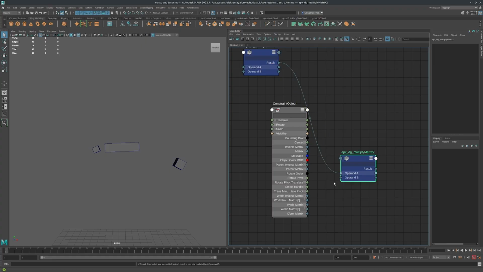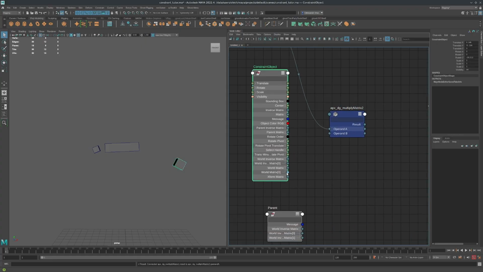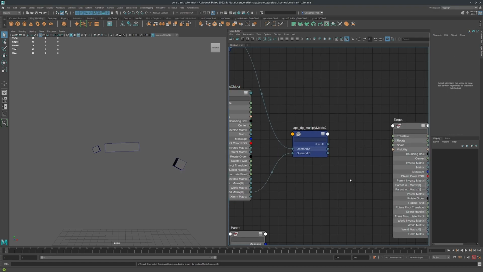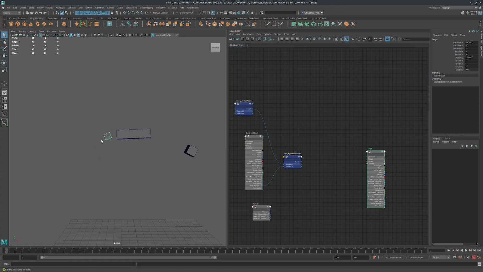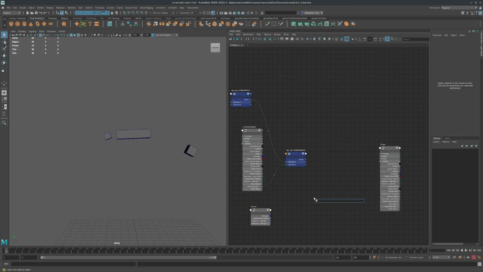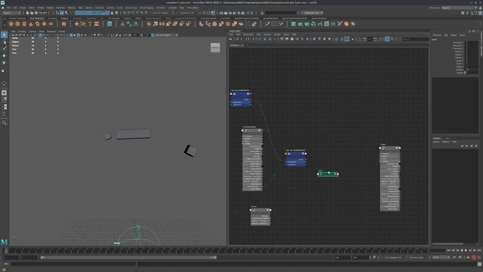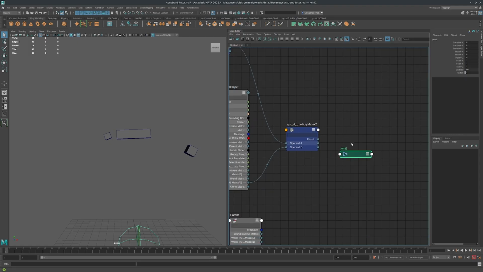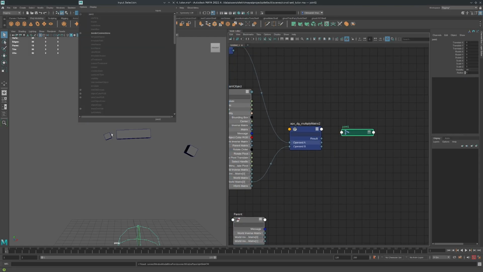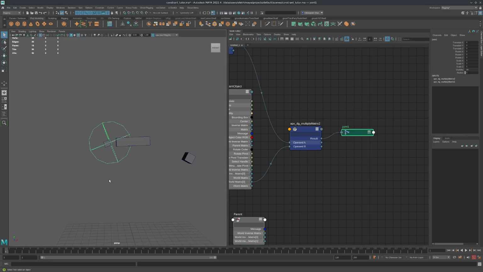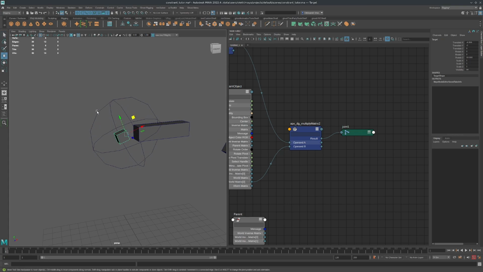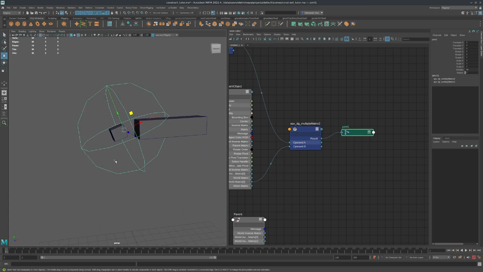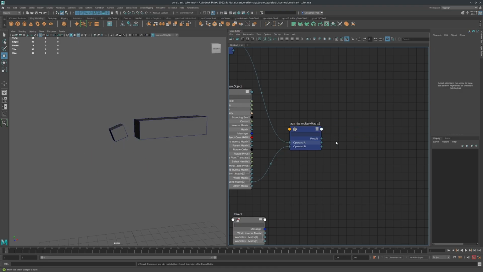and I would need another multiply matrix node where I can plug in my offset. So I apply my offset to my constraint object world matrix, and that should give me the transformation of my target. So if I create some joint and plug this result matrix into my joint offset parent matrix, we would see that my joint is aligned to my target exactly. So now I can delete this joint,